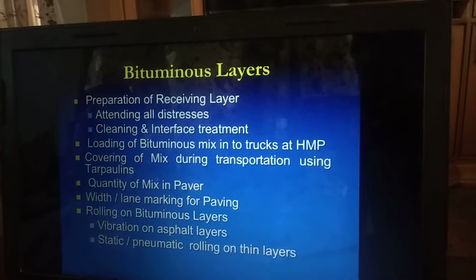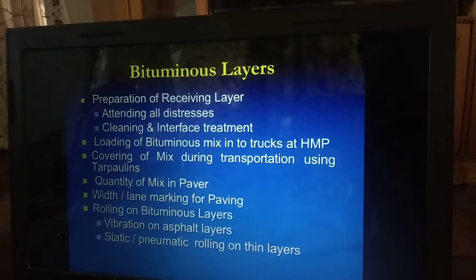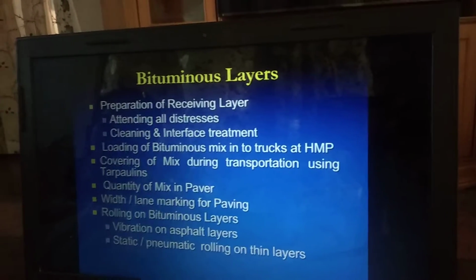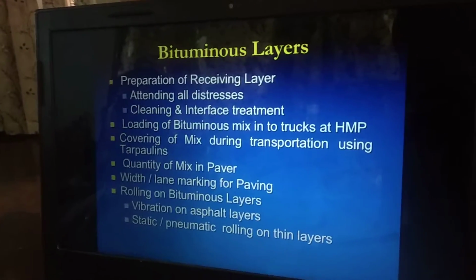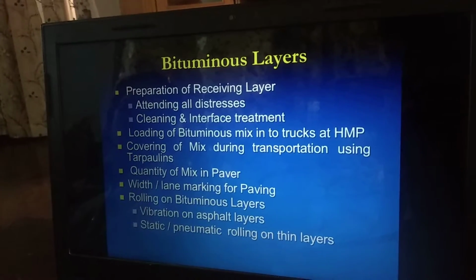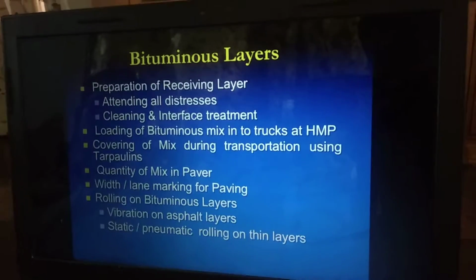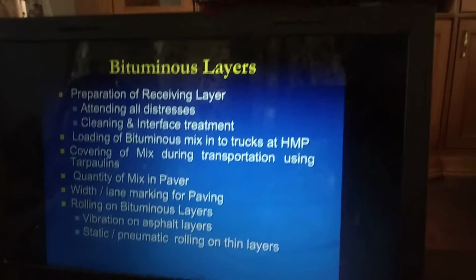Another thing we generally miss during the paving operation is that we need to mark the paving width. That is very important so that, number one, the mix does not get wasted, and number two, we get proper joints between the paving widths. Generally the joints are considered to be the weak location, so when we pave the mix to the correct, uniform width, we get a good joint.